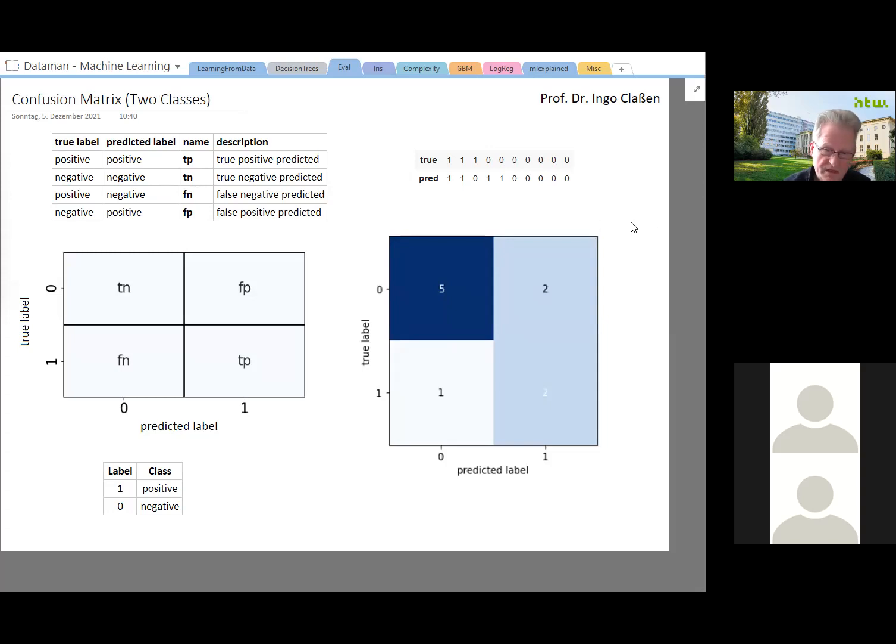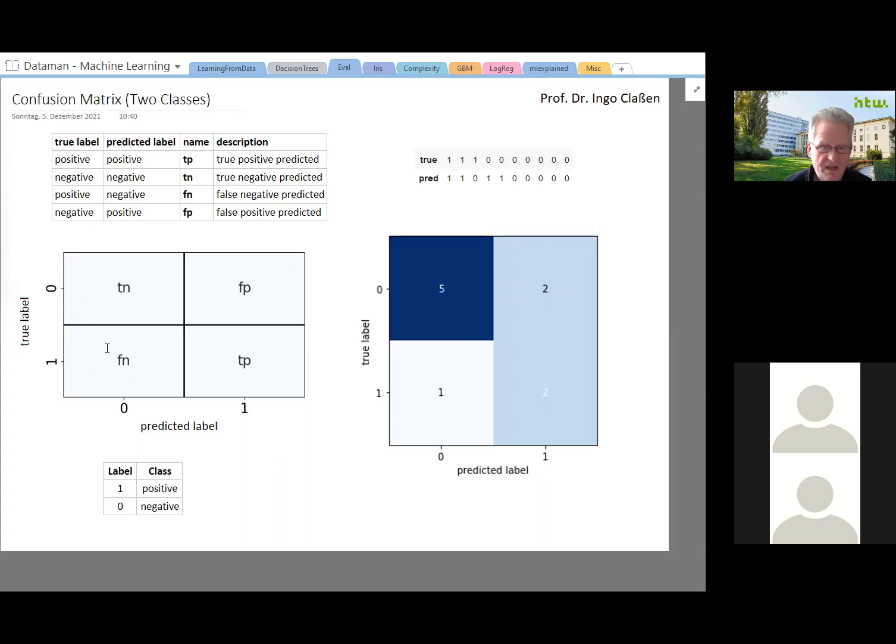We will later on encounter a confusion matrix for more than 2 classes, but now we confine ourselves to binary classification tasks. So I have repeated here our true and predicted values from the previous slide. And in this confusion matrix, we have four